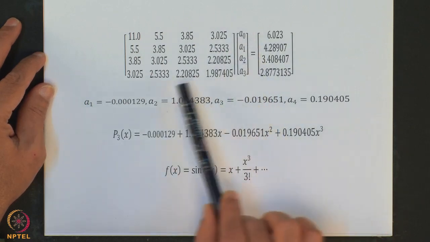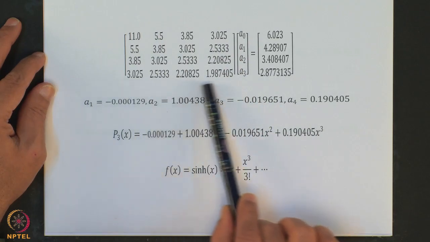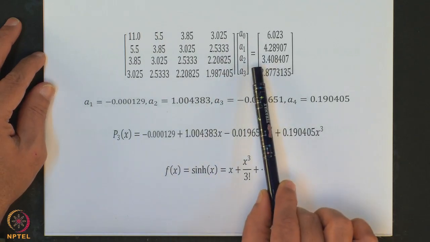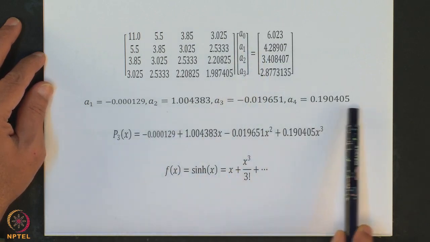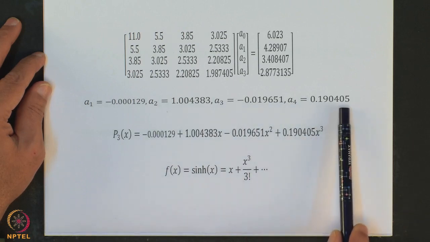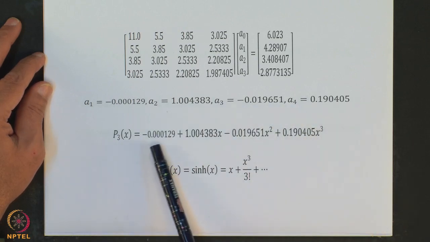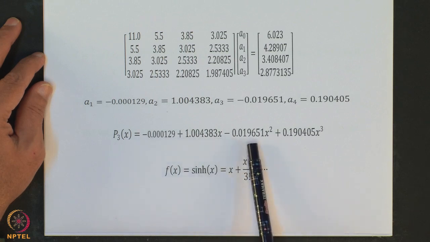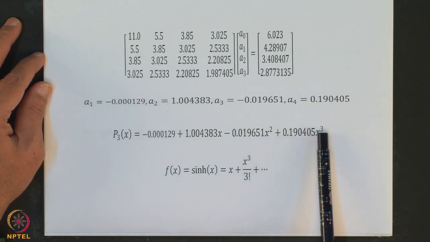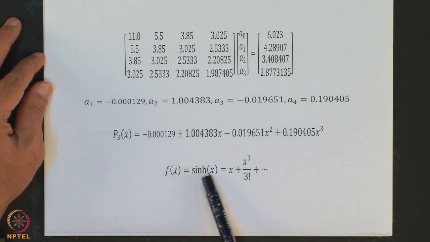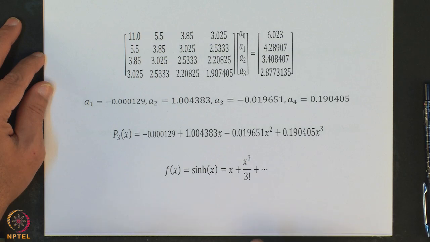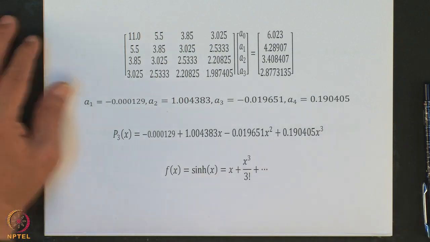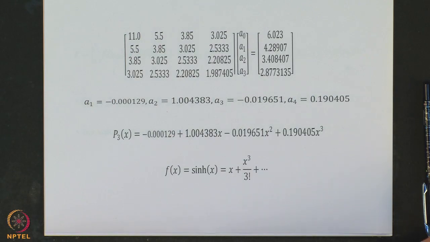So, how do I get these things? I have to invert this matrix. If I invert this matrix and multiply on the right by the inverse, I get a0, a1, a2, a3. This is what was shown to be my set of coefficients, and my polynomial will be a0, a1x, a2x square and a3x cubed. Actually, this was nothing but a sine hyperbolic function, and the data points were all for the sine hyperbolic function. Now, I shall show the program how to calculate this particular set of coefficients a0, a1, a2 and a3.